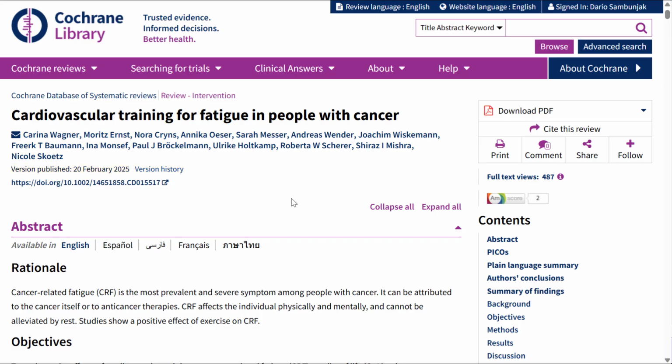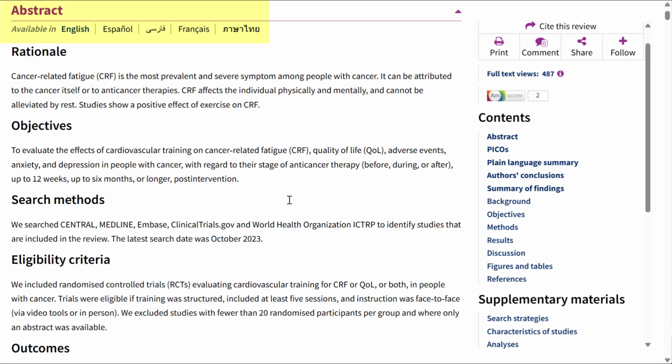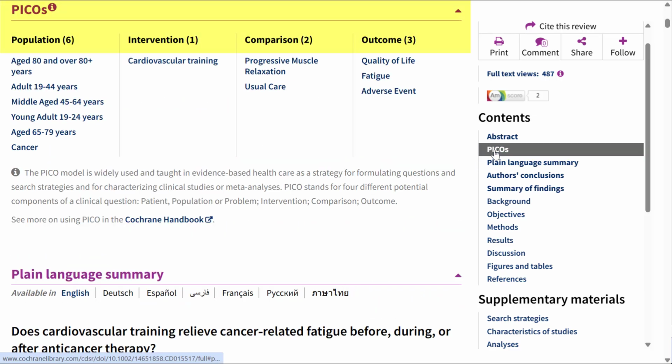The first section of the review is the abstract, often available in multiple languages. This is a short summary of the key aspects of the review and is mainly aimed at researchers and other users familiar with the scientific methodology. For a snapshot of the review, head to the PICOs, which outline the population, intervention, comparison, and outcome of the